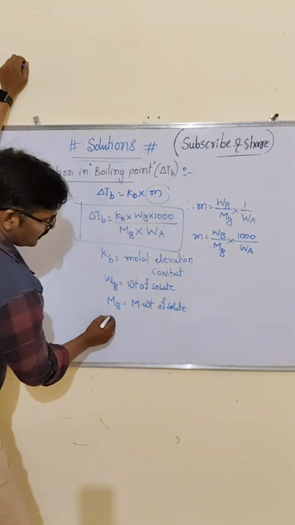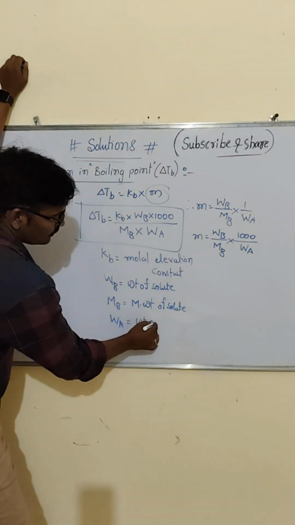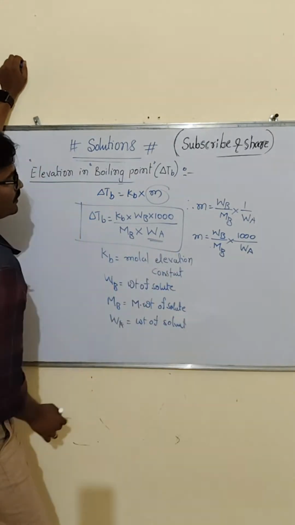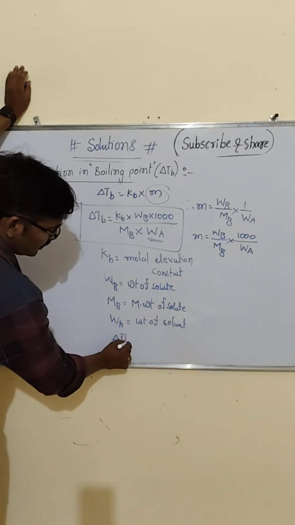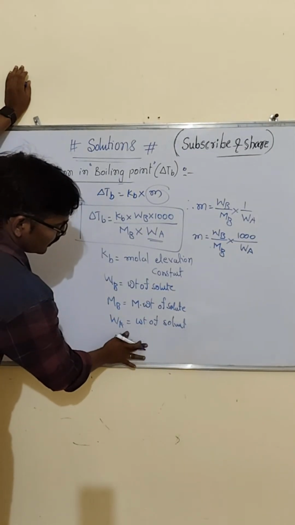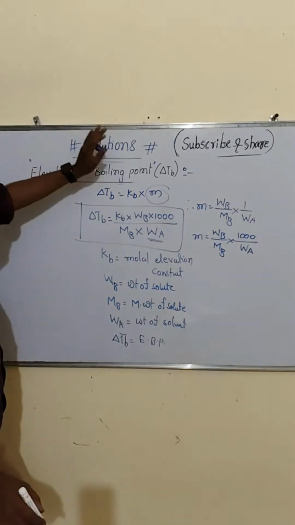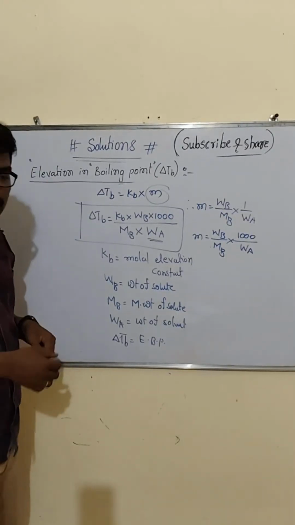WA is nothing but weight of solvent, right? The remaining delta TB is the elevation in the boiling point. These are the terms. So based on this formula, we can calculate